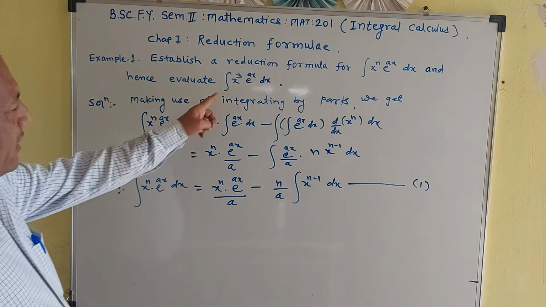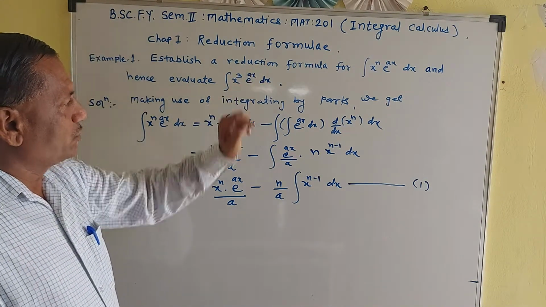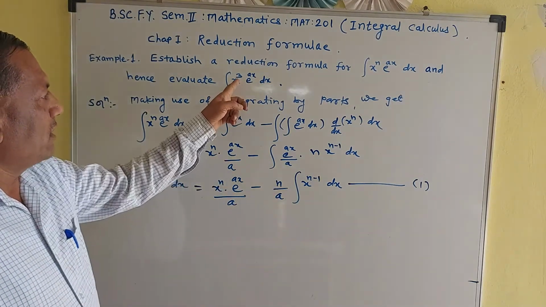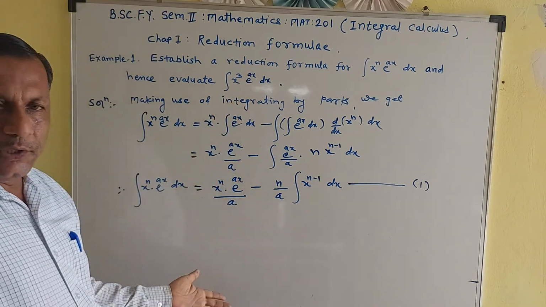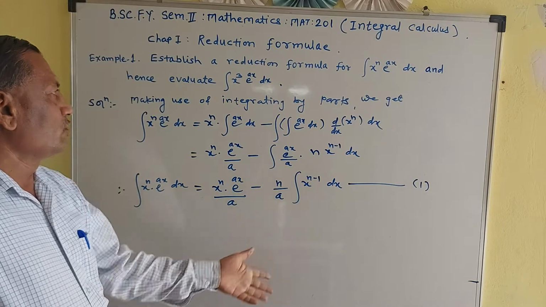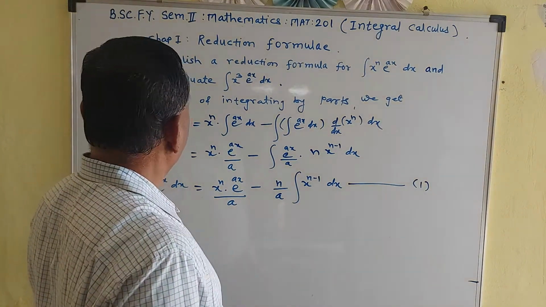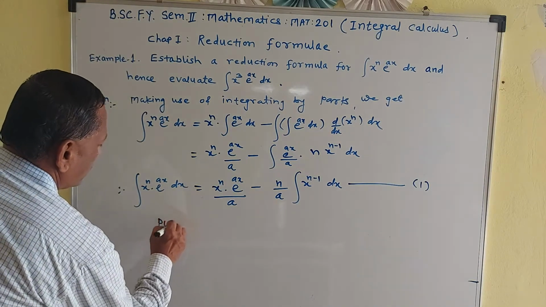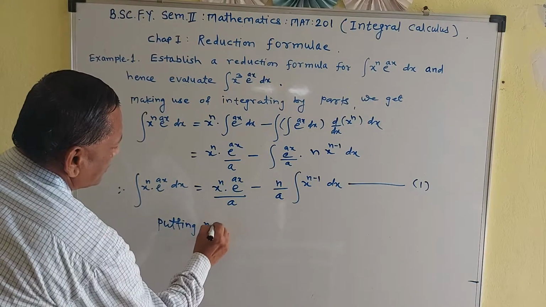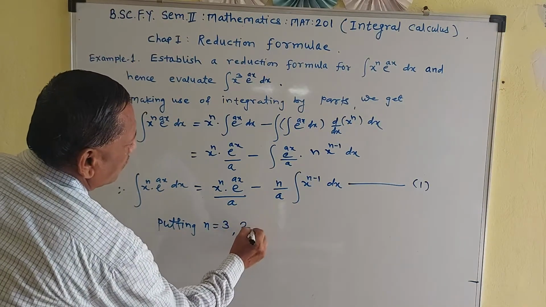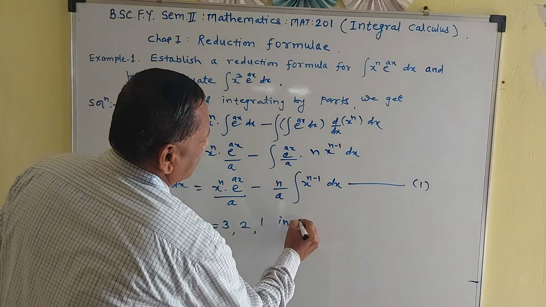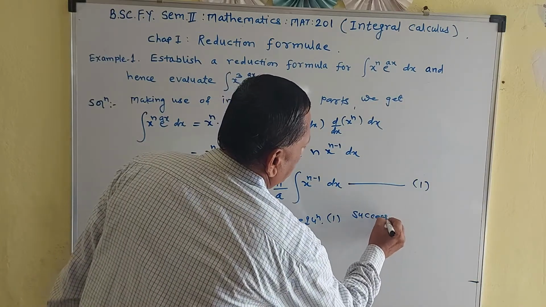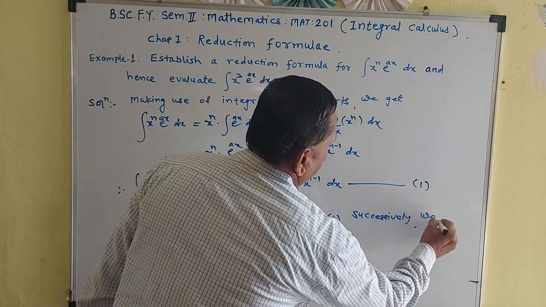Now using this, you have to evaluate the integration of x cube into e raised to ax dx. Means in this reduction formula, you substitute or put n is equal to 3, n is equal to 2 and n is equal to 1 successively. So you obtain the integration of x cube into e raised to ax dx. Putting n is equal to 3, 2, 1 in equation 1 successively, we get,